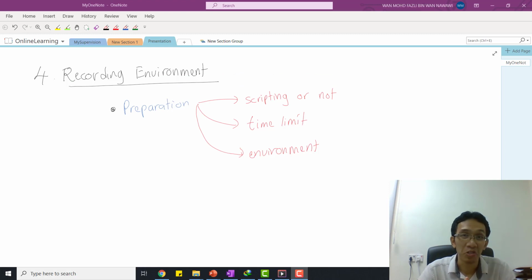For your FYP presentation, should you script or should you not? Scripting here means that you really write down everything in detail, whatever you want to say. So should you do it or should you not? Some argue scripting makes you become less natural. For your recorded FYP presentation, I think scripting is quite useful for you because